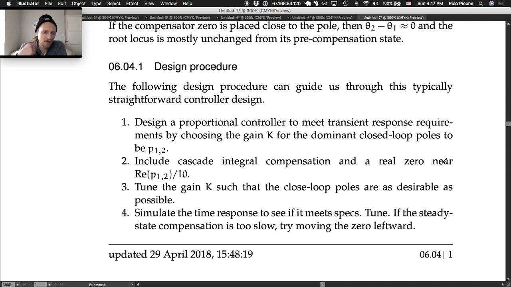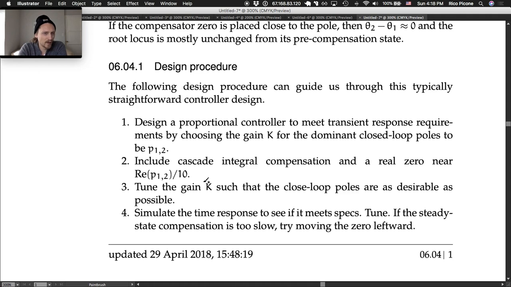When you use this real part of the poles, the over 10 rule, you get something that's pretty conservative, and it's a pretty slow compensation of the steady state error. So oftentimes you're going to want to move the zero leftward. Move the zero further leftward. You're going to screw up your transient response a little bit oftentimes,